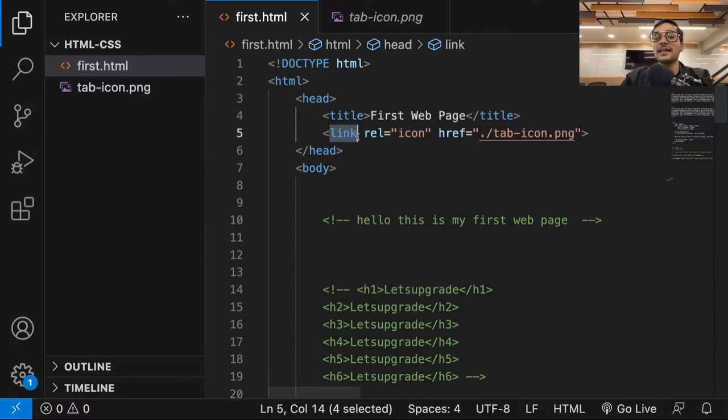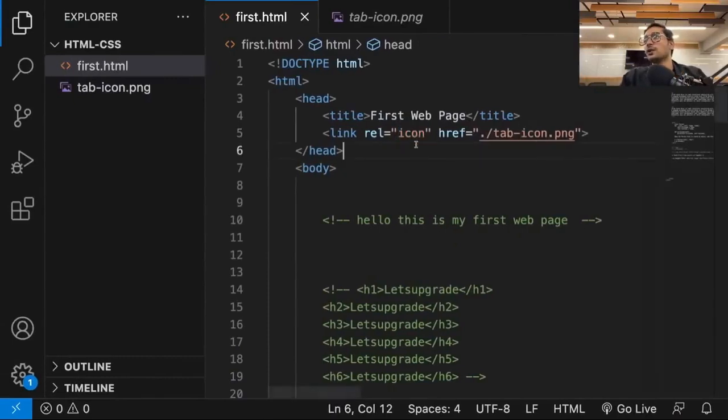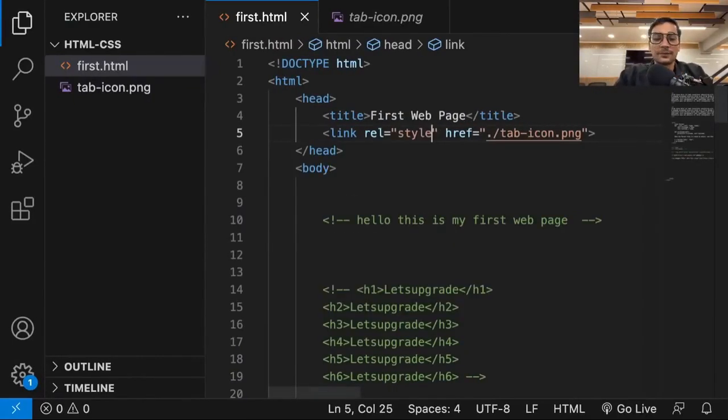Right now, I am planning to link an icon. I want this image to be my icon. That's why in the link tag, I mentioned that the relation between the image and my web page is that the image is going to be my icon. If you don't mention icon here, the HTML file won't be able to understand that I have to treat that image as an icon. See, if I go ahead and put some other relation here, like let's say stylesheet, now, if I save it and check,